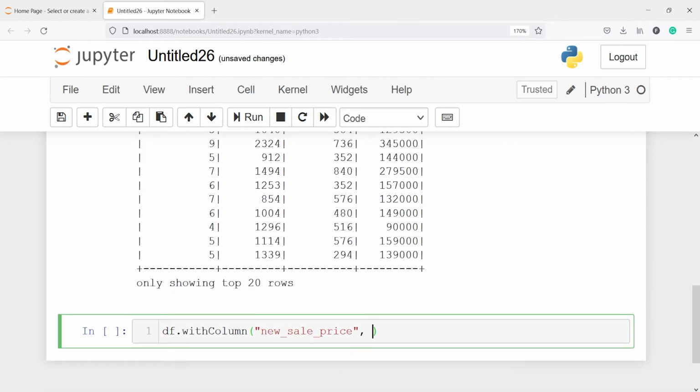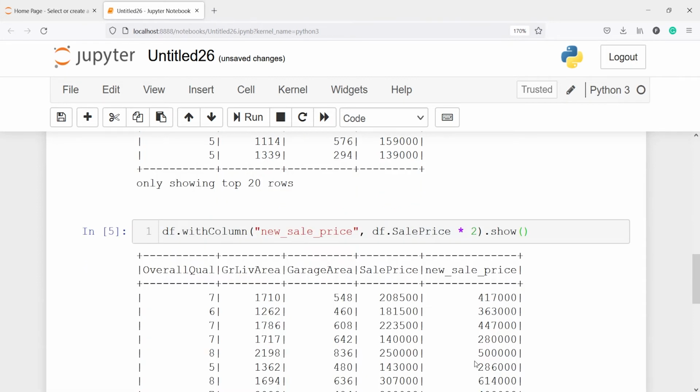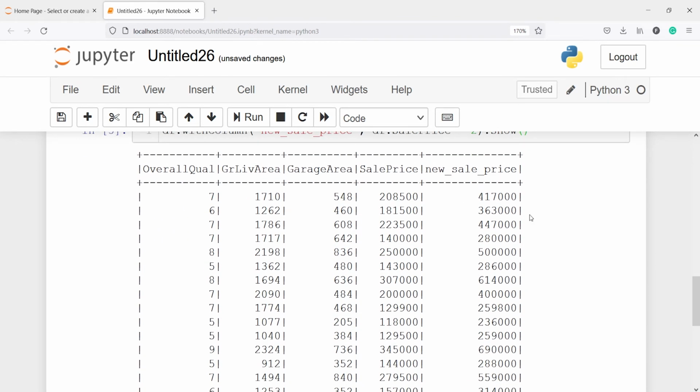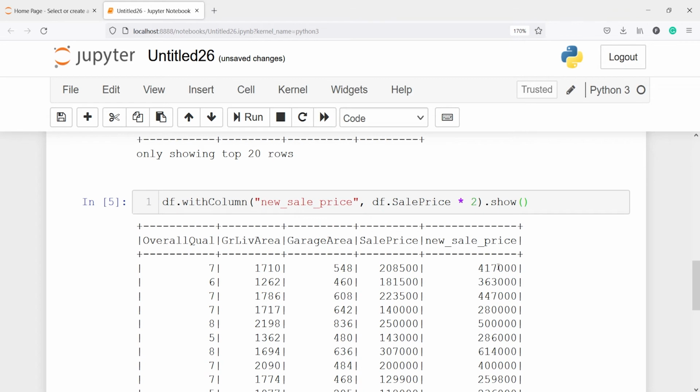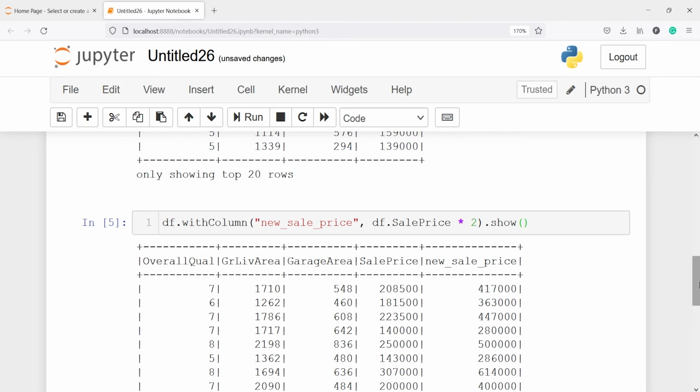I'll call this column df.sale price, and since this is going to be the double, I will multiply it by 2 and then call the method show to look at the results. Now in the output you can see we got a new column, new sale price, and this is the double of 208500. So this is how you use withColumn to create any new column.